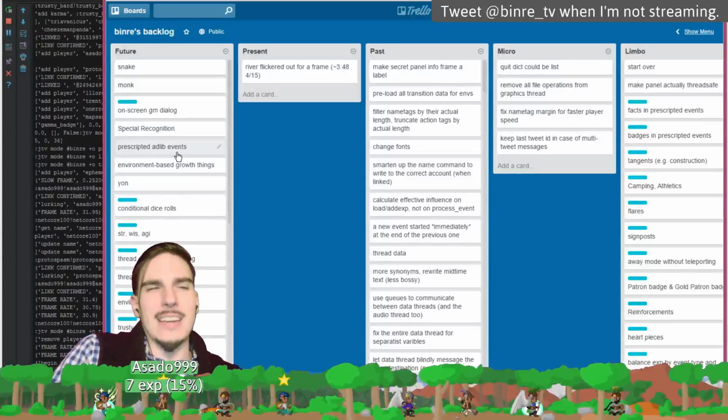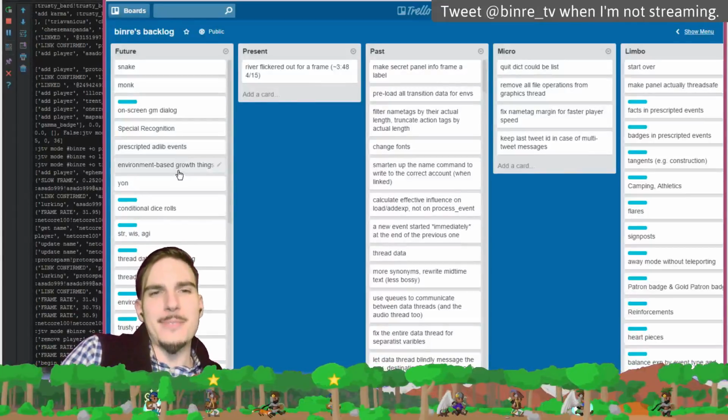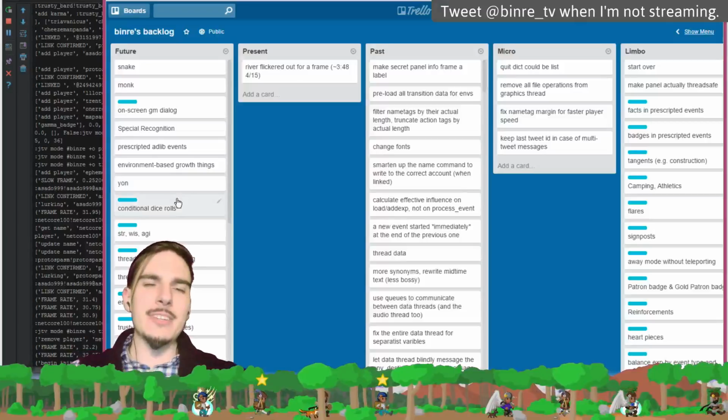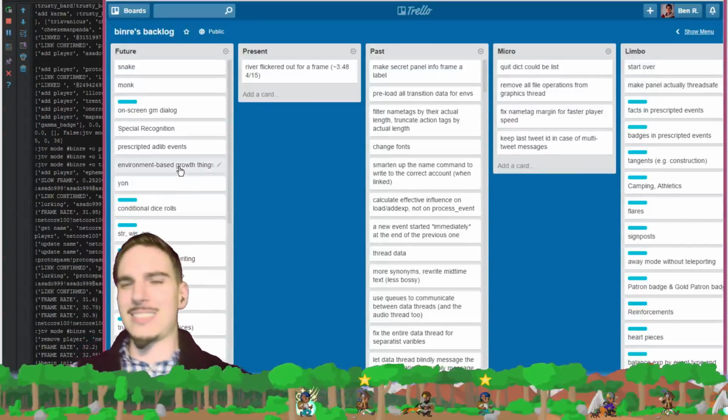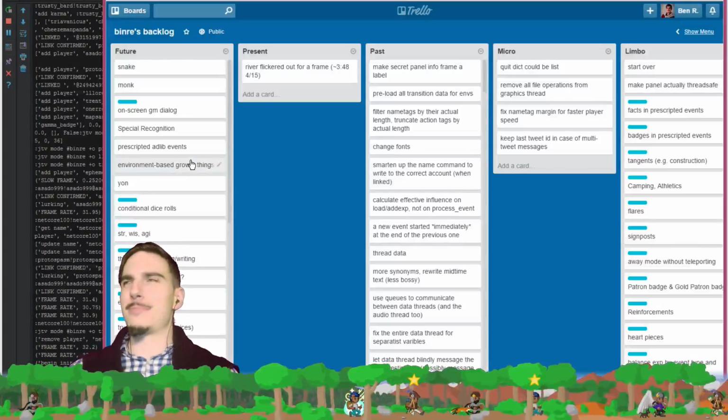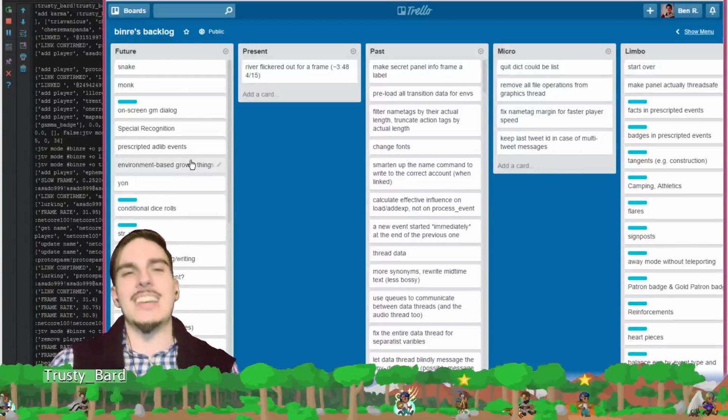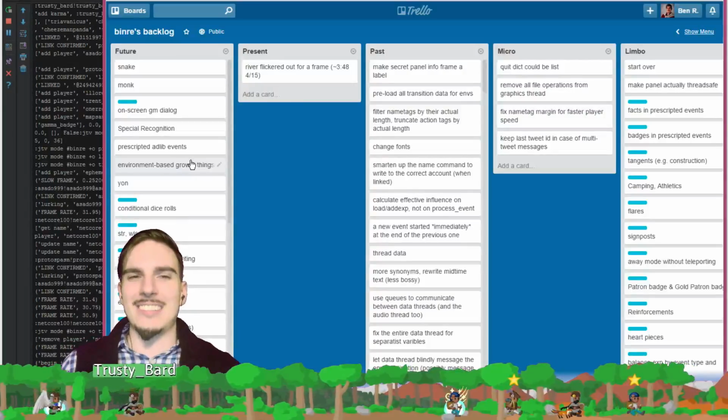Prescripted ad lib events, like environment-based growth things. Maybe I'll do a few more environment things. I can start writing environment-based growth things. Although if I start writing environment-based growth things, then I'll probably want the tech to